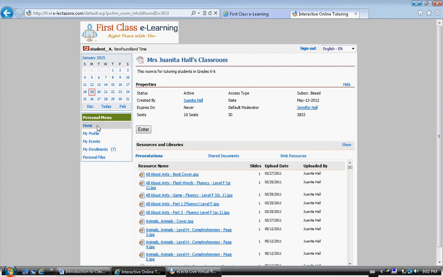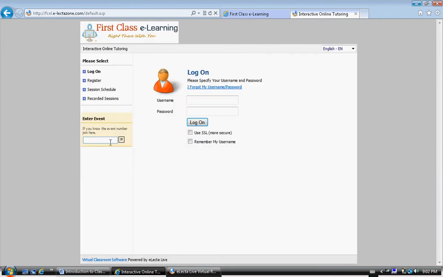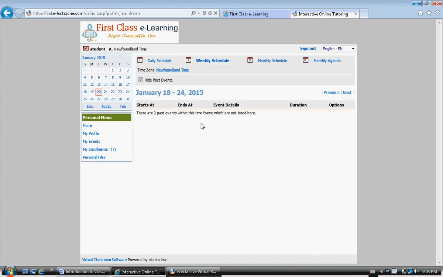Under your personal menu, if you click on My Enrollments, it will bring you, okay, in this case, because I was on for a while, I got logged out, so I'm going to log in again, because that will happen. You will get timed out. Okay, I'm coming in as the student again. I'm logging on. And under My Enrollments,